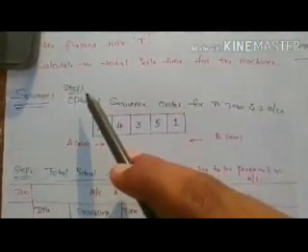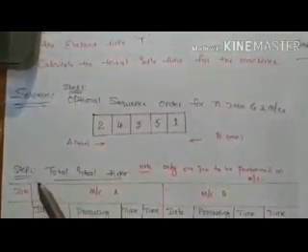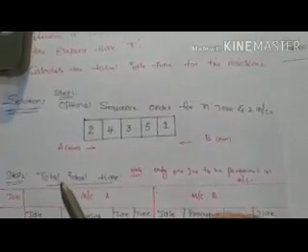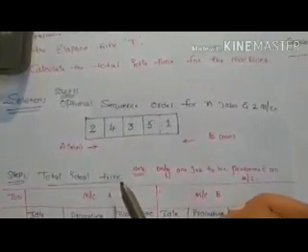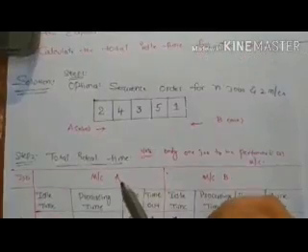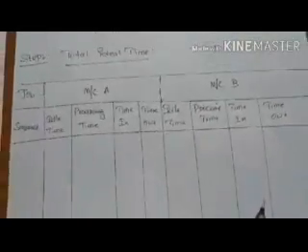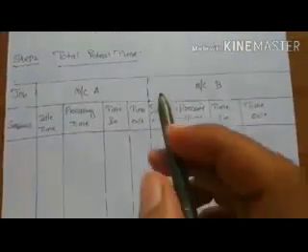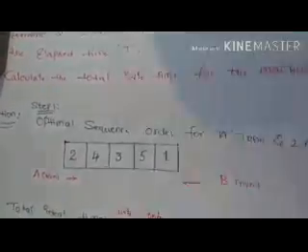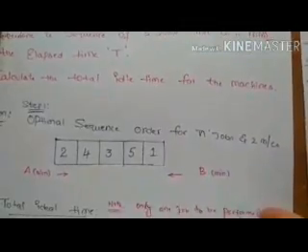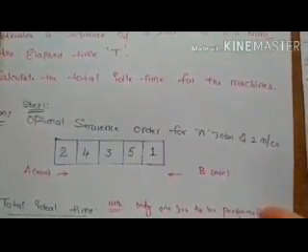After the completion of step 1, go for step 2. Step 2 is that the total idle time is to be found out for machine A and machine B. Then for finding the total idle time, list out the table as per this, and here we have to write the job sequence that we found in step 1. Here the job sequencing order is 2, 4, 3, 5, 1.